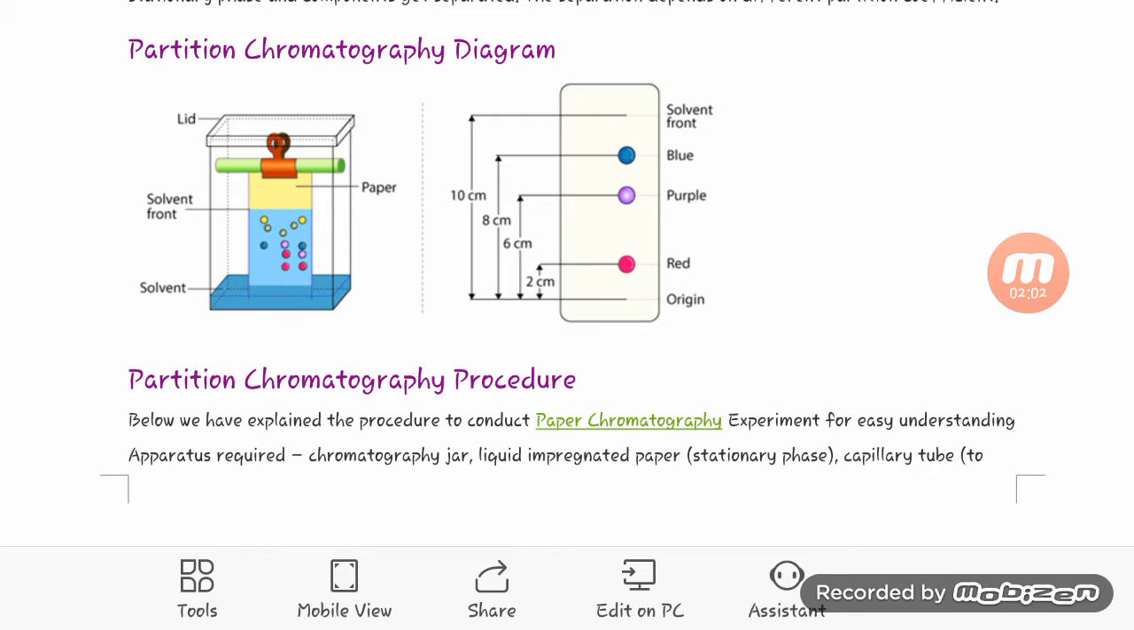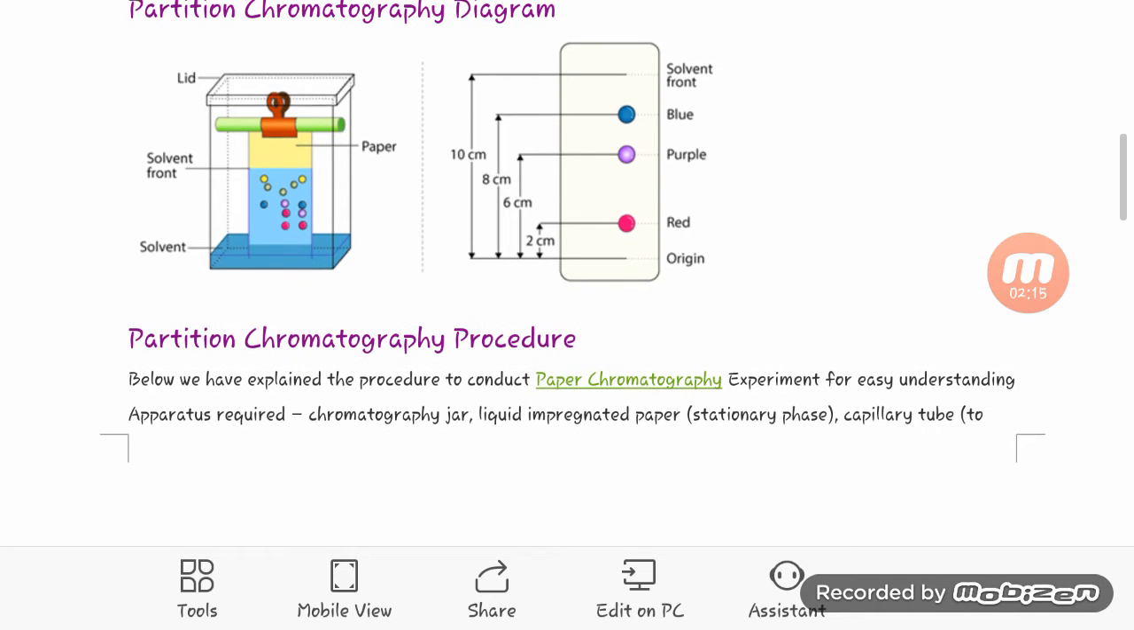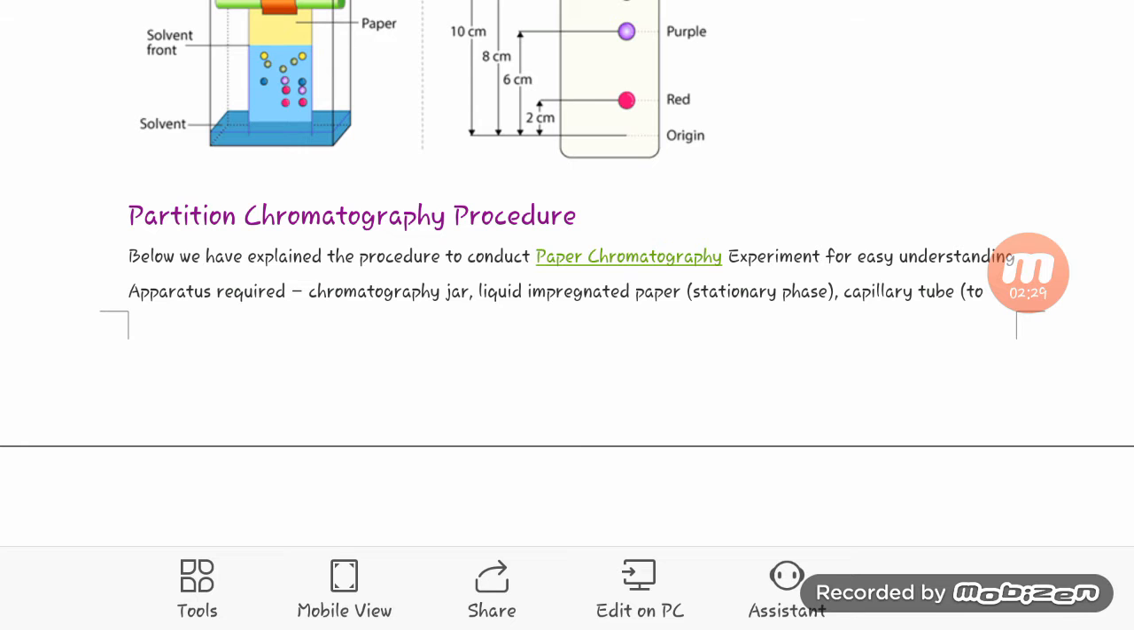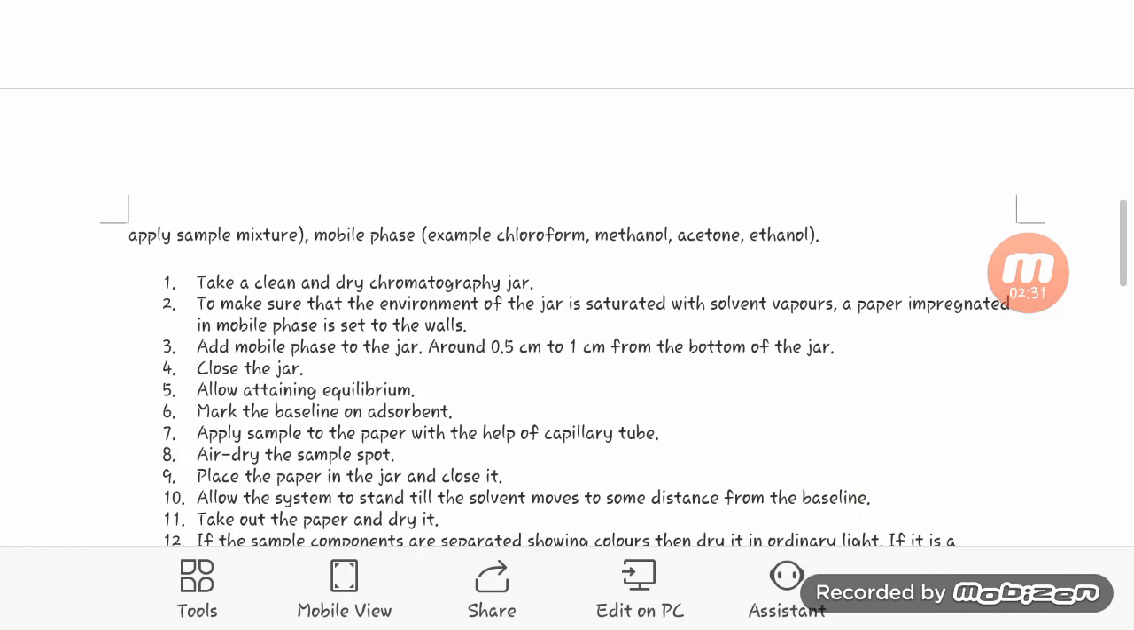So you can see the diagram here. There is a solvent front and the solvent at the bottom, then the paper you can see. By this you can see the colors are separated into red, purple and blue on the paper at different levels. First, red is at 2 centimeters, then purple at 6 centimeters and blue at 8 centimeters, and the solvent front is at 10 centimeters. So the partition chromatography procedure is: